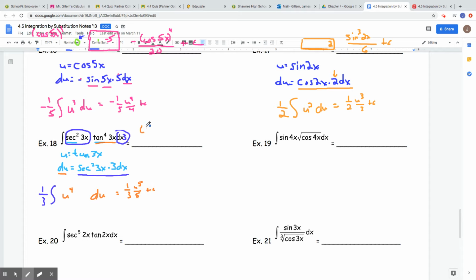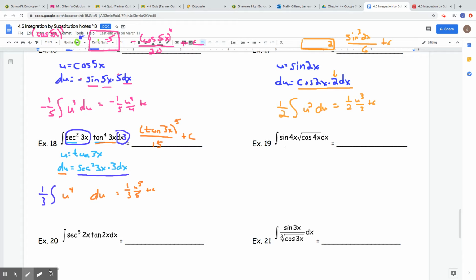Remember, you have the option here of putting tangent 3x in parentheses if you so desire, or putting the exponent between the tangent and the 3x. So tangent 3x to the 5th over 3 times 5 is 15 plus c. And there is our answer. Okay, now